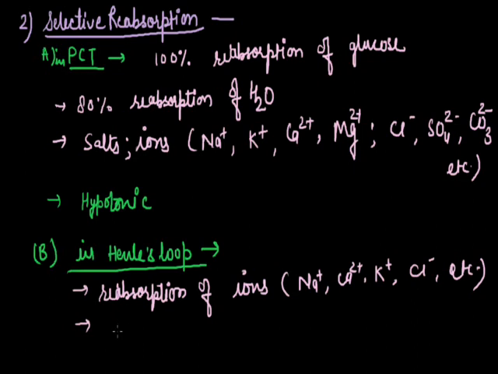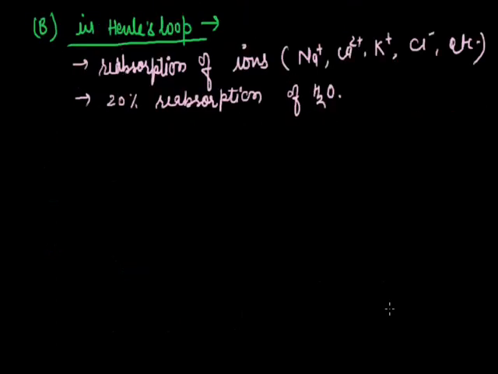So the rest of the 20% reabsorption of water. But exactly this is the amount of reabsorbed water. This 80% and 20%. Whatever water is coming inside the nephron, 90% part of that is reabsorbed. That means 72% is reabsorbed in PCT, and the rest, sorry, the rest of the 18% part is reabsorbed in the loop. Now whenever the substance moves out of the Henle's loop, it becomes hypertonic.